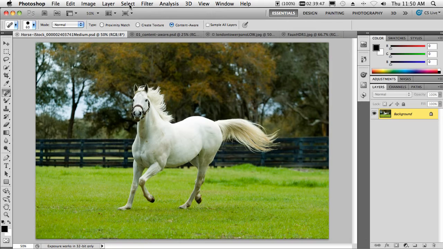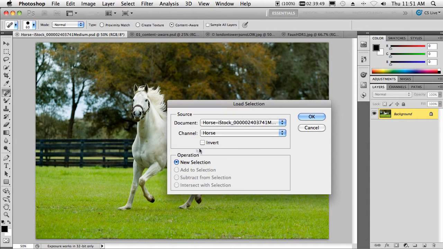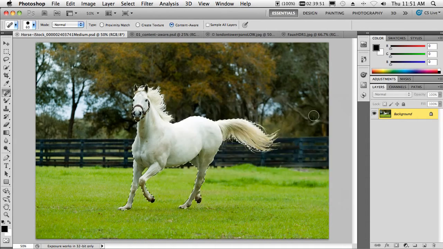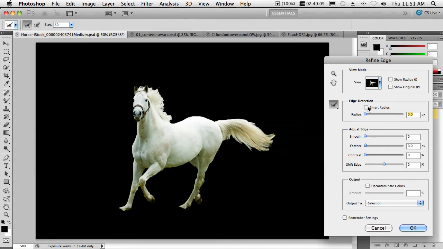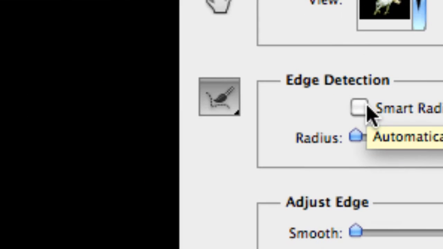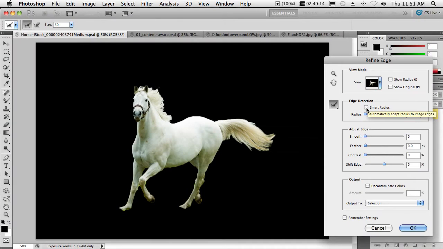So the first favorite thing I have is I'm just going to go ahead and use the quick selection tool that I've saved before. We'll just grab a quick selection of the horse. Now I'm missing part of the tail, missing part of the mane, and even if I weren't missing those things, the quick select tool was never designed for both hard and soft edges. However, using the new Refine Edge command, I can now go in and turn on the brand new edge detection algorithms inside of this feature